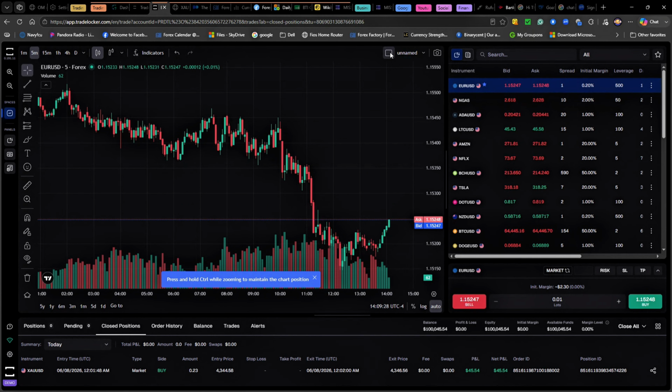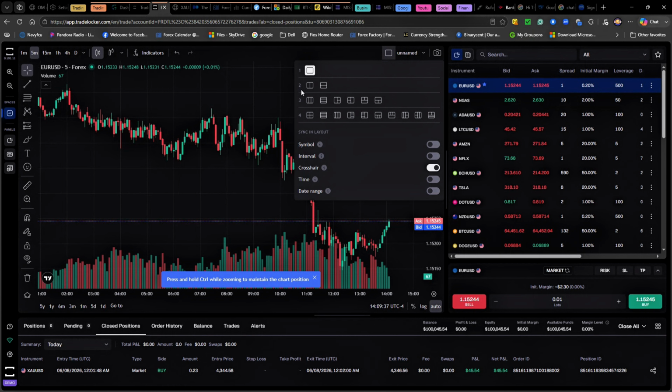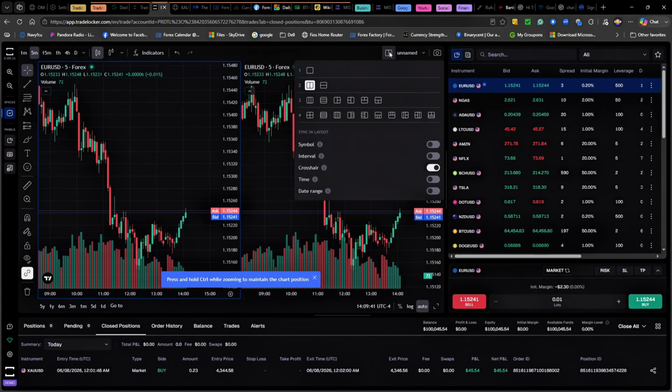If you want to see your different chart layouts over here, you'll see this little square box right here. If you click onto it, TradeLocker allows you to switch up your screen. So if you want to split your screen, split it in 3s, split it in 4s, and so forth and so on, you can do that here, and you got your sync in layout. So I would recommend practicing with this, utilizing this, and this is great. I do split screens. Split screens are great